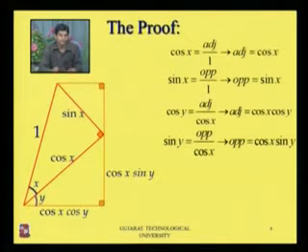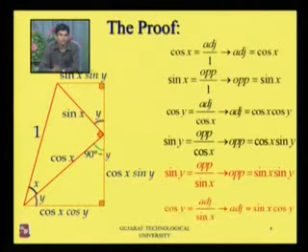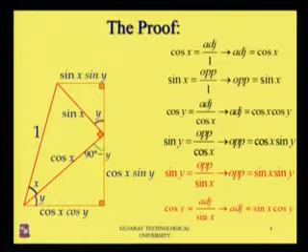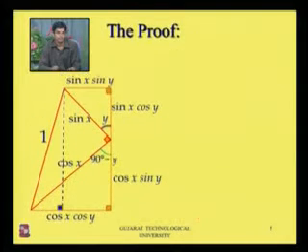Draw another right angle triangle. One angle is y, so another is 90 minus y, so that angle must be y. So sin y equal to opposite side over hypotenuse. Here hypotenuse, if you see, is sin x, so opposite side is sin x into sin y. Cos y is adjacent side over sin x, so adjacent side is sin x into cos y. So that angle is x plus y.